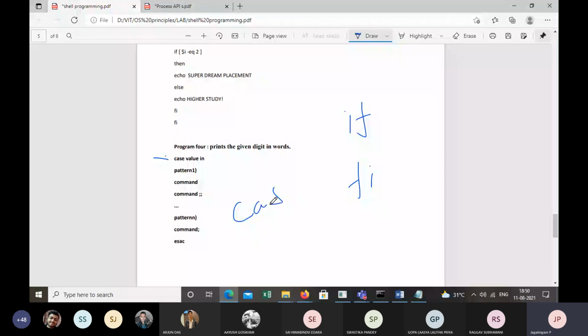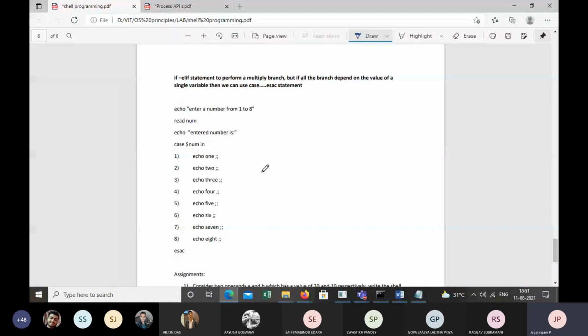Now why do we need to use this? What is the difference between if and case statement? Okay, please read the statement. Now let us try to execute this.